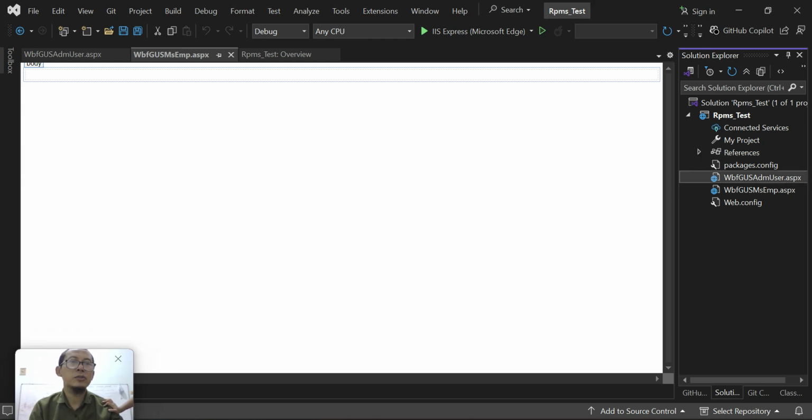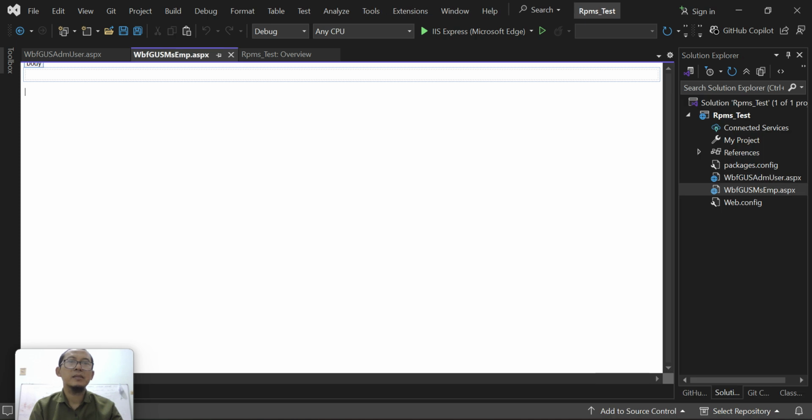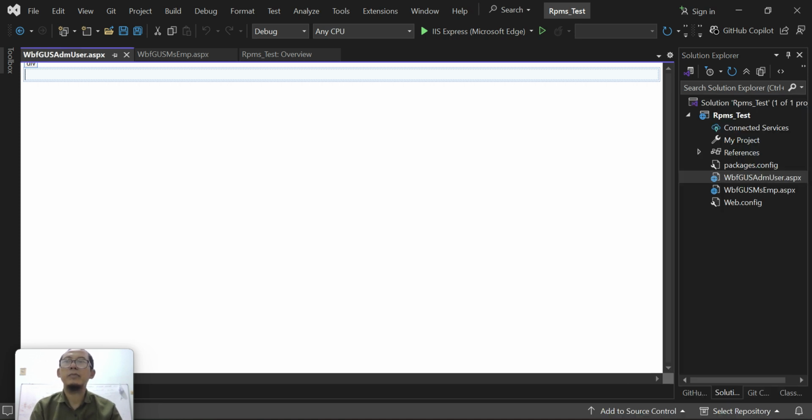For example, I will choose IDM user as start page. Set as start page means that the page we choose will become the page shown in our web application for the first time.